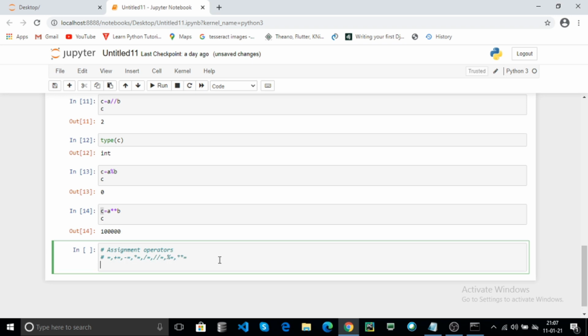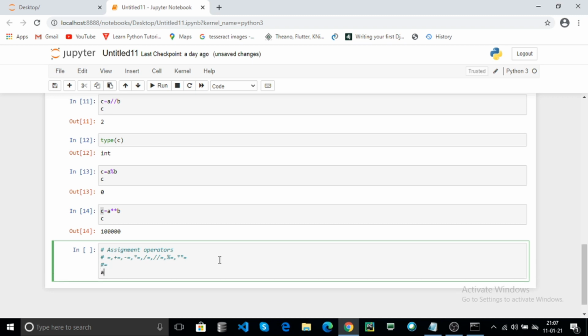Now let's perform some examples. Equal to: here a equal to 5. The value 5 will be assigned to a, which means equal to assigns some data to the variable. This is the static way of assignment.